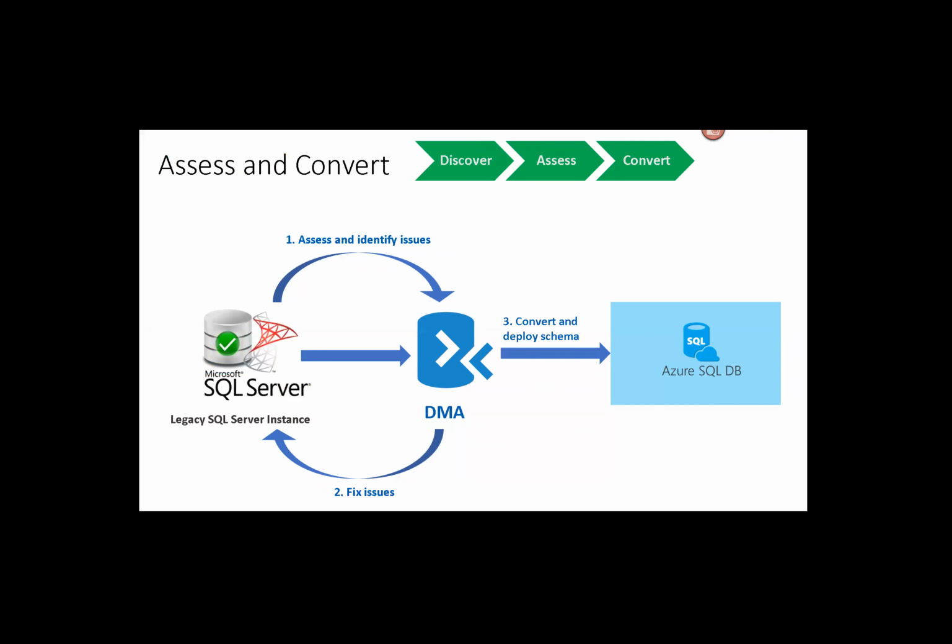And one of the things which I didn't like about that tool was that it will give you 10 reasons not to upgrade, because it will tell you this is not supported, this is not supported, and it'll give you all the red marks, which will kind of scare you, saying, okay, I don't think I'll ever be able to upgrade. The new DMA is designed so that it will give you solutions: okay, you are not supported, these are your migration blockers, and until you fix them, you won't be able to upgrade. But you will see it gives you solutions as opposed to giving you problems.